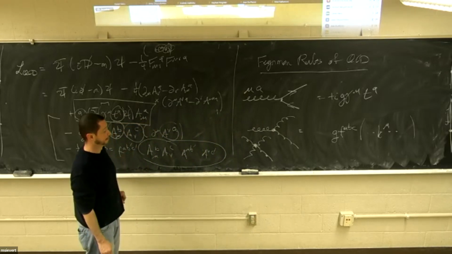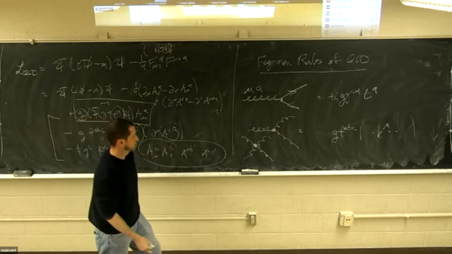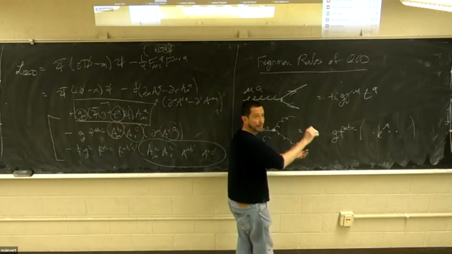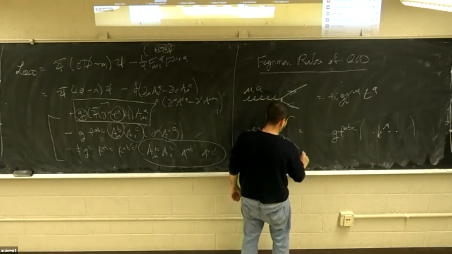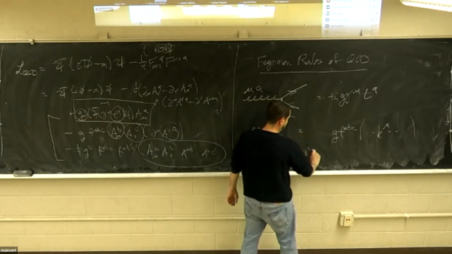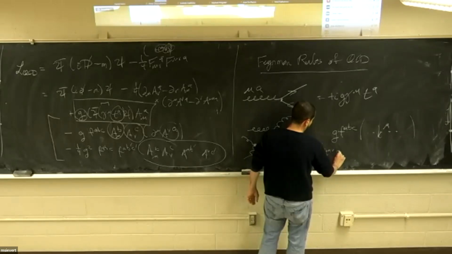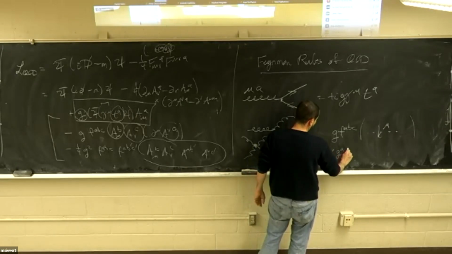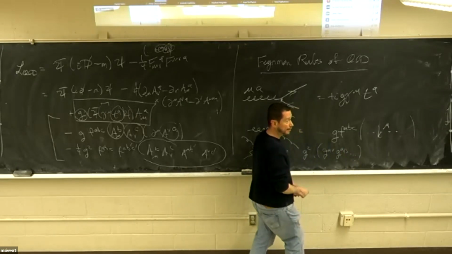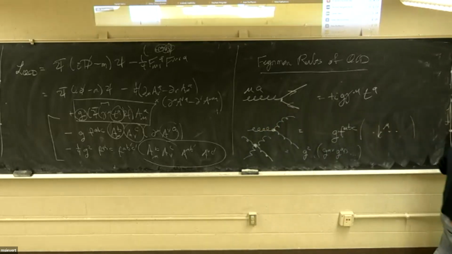This one is not so painful. There's no derivative coupling. So all the mu's and the nu's that show up will show up in the form of tensor mu's. So you'll have G squared that goes into this. You'll have color combinations. And all of your tensor structures will show up in the form G mu nu, G alpha beta, and so on. So to show you the structure explicitly,